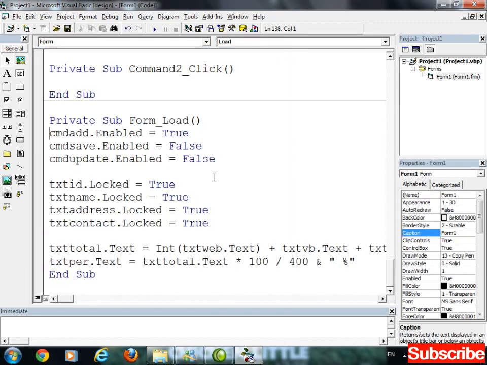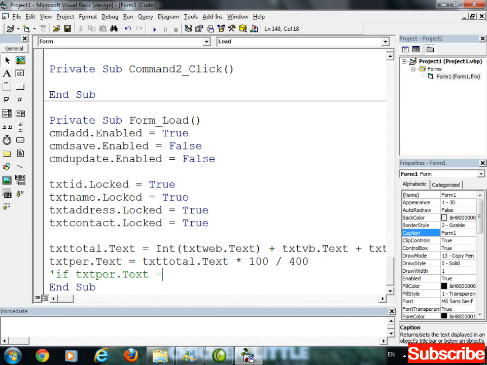Double click on form, and right here you have to calculate the grade of a student. So just write if txt per dot text equals to, okay, wait, I am going to remove this symbol.